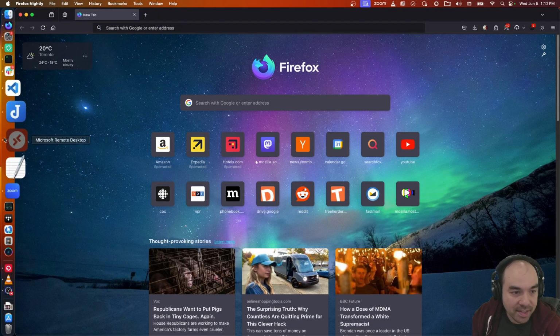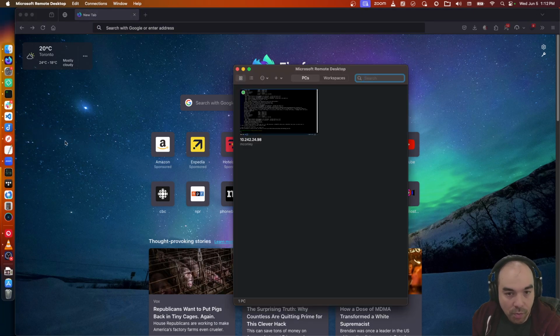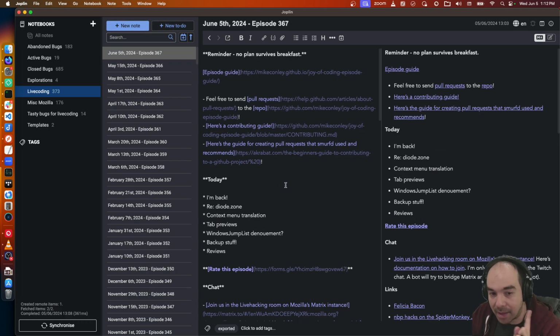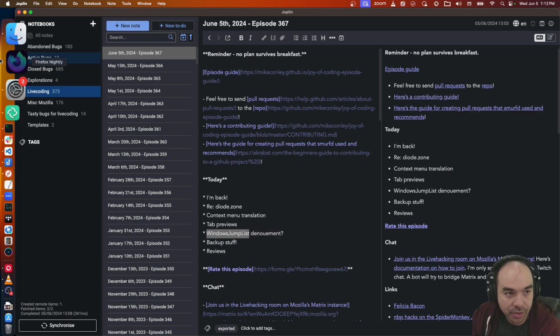So yeah, jump list stuff. We'd gotten to the point where we had written the patch to do the favicon thing. Those were all reviewed, and then patches to remove the old backend, the legacy backend. I pushed it up to try. It came back green, so I think we're actually good to post that up for review. I'm hoping to do that today. But the favicon thing, there's one last review comment that came in that I was hoping we could look at, and that has to do with